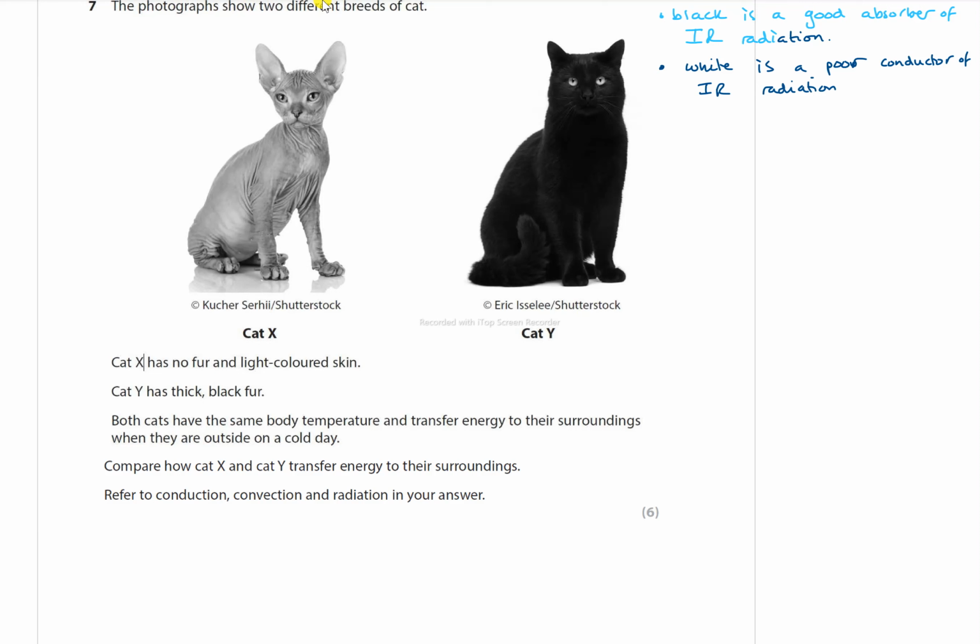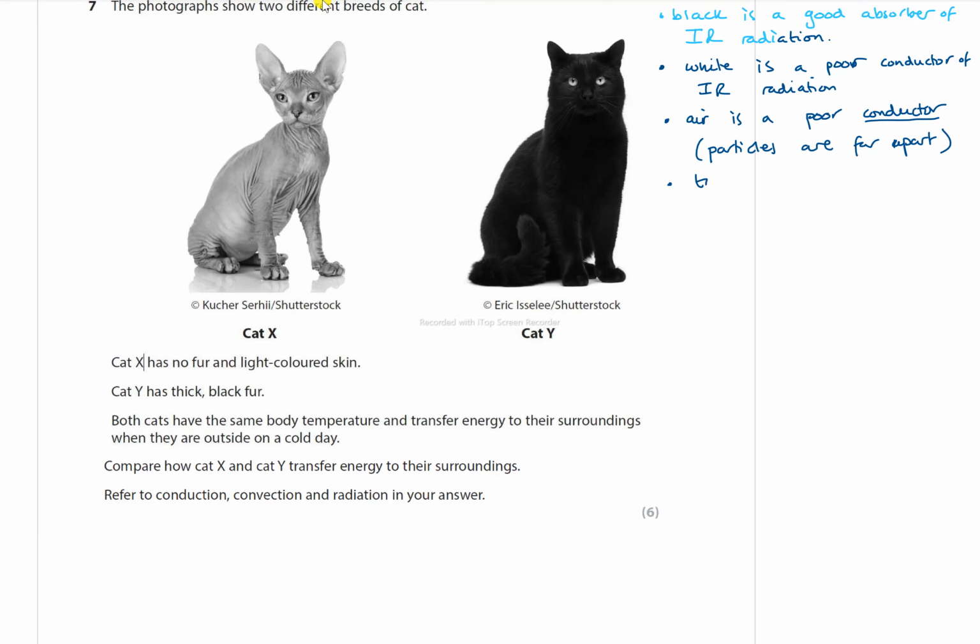Right, you also have air is a poor conductor. And why though? Because remember the particles are further apart. Particles, so conductor, right? Particles are far apart,